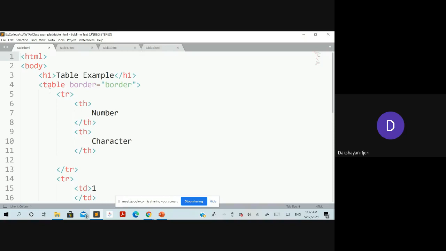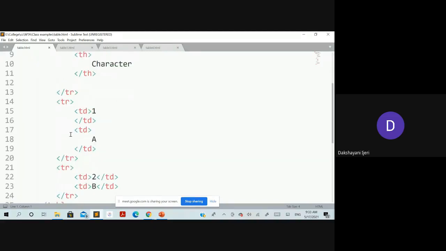Okay. Following that, you can see the first row has the headings number and character. The first row begins with the TR. Since they are headings, use the TH element for each text here. That is TH number, close the TH, and again take one more TH character, close that TH, and when the first row is completed, close the TR, right?